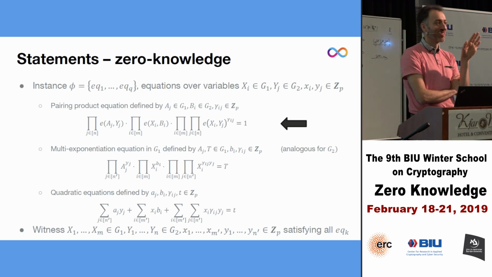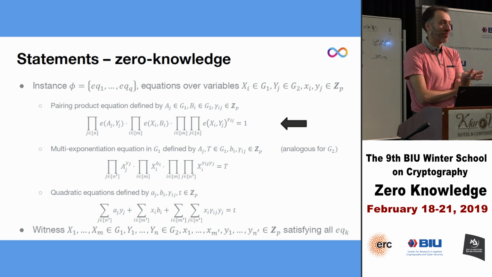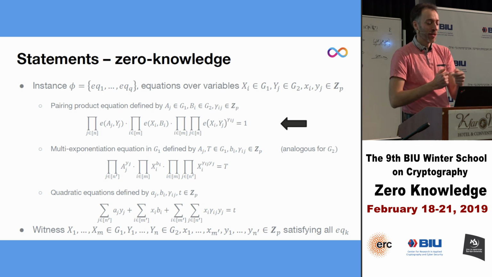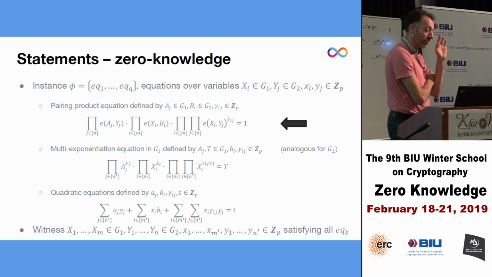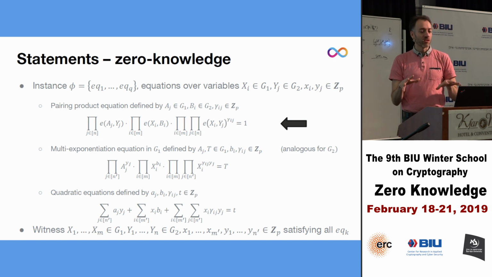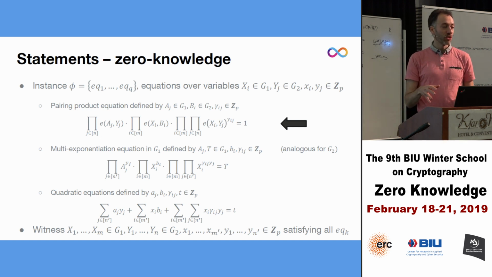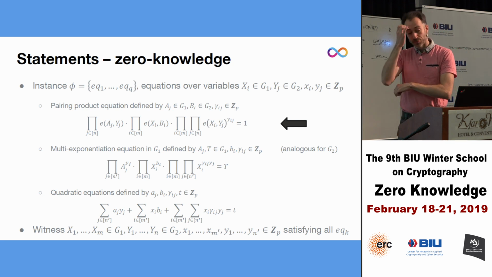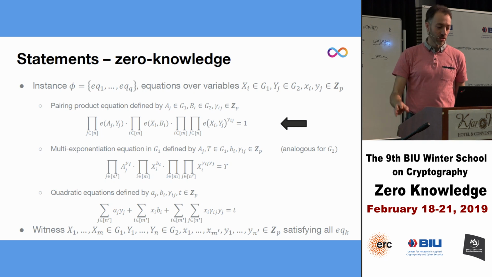It doesn't break because it is actually still sound, but just because it's a trivial system of pairing product equations. The slightly longer answer is that when you combine it with multi-exponentiation equations and quadratic equations, where you can actually have non-trivial targets, then the reason it doesn't